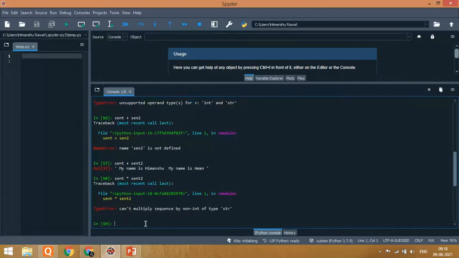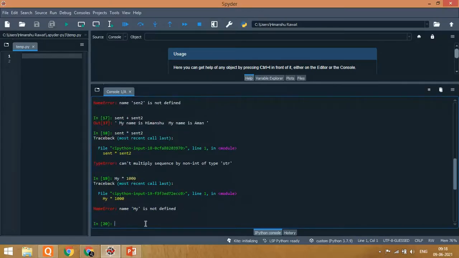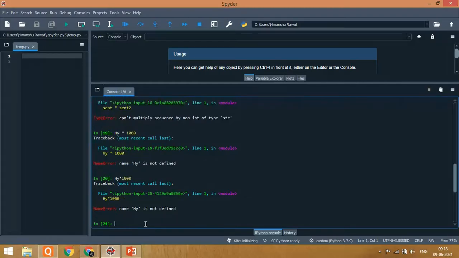If you want to type the word hi 1000 times, then we simply write hi asterisk 1000. Sorry, firstly we have to assign the value. Sent equals to hi.